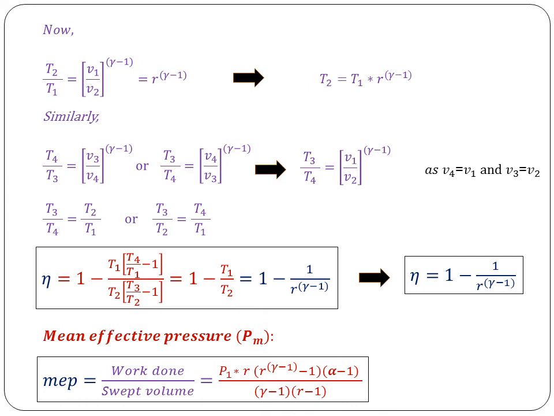So you see that T3 by T4, which is equal to R raised to gamma minus 1, is same as T2 by T1, which is also R raised to gamma minus 1. So you can write T3 by T4 equal to T2 by T1, or when you rearrange this term, it will become T3 by T2 equal to T4 by T1. Now the expression for efficiency which we have is 1 minus T1 in bracket T4 by T1 minus 1 divided by T2 in bracket T3 by T2 minus 1. So this was our earlier expression. Now since T4 by T1 is equal to T3 by T2,